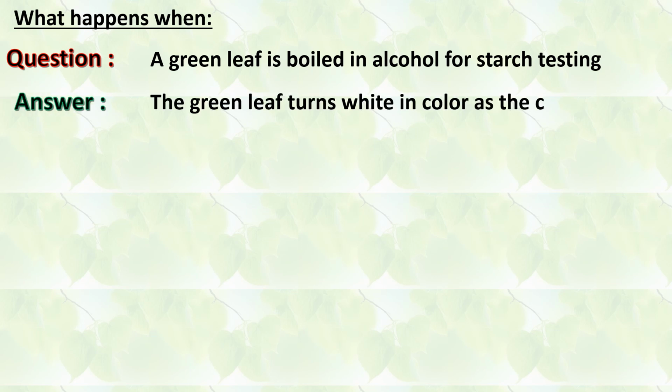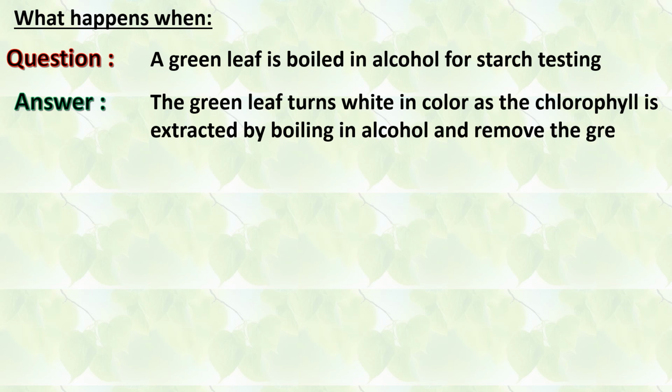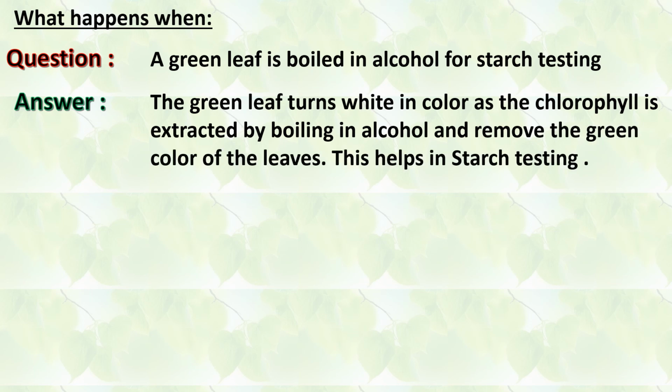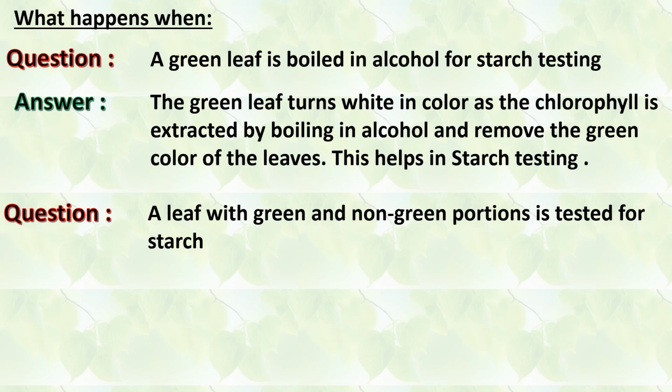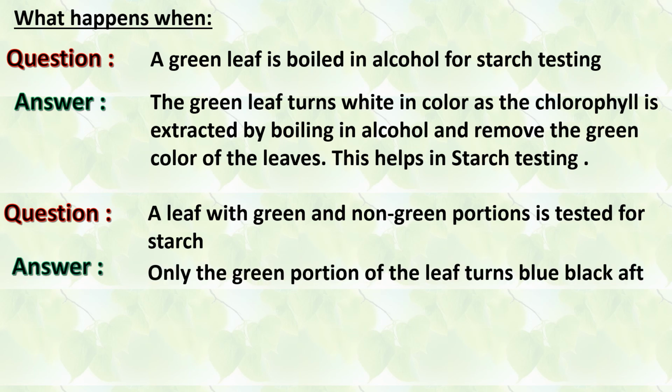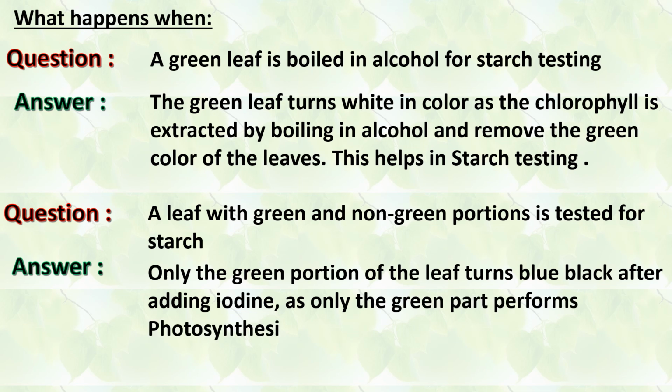Question: what happens when a green leaf is boiled in alcohol for starch testing? Answer: the green leaf turns white in color as the chlorophyll is extracted by boiling in alcohol and removes the green color of the leaves. This helps in starch testing. Question: what happens when a leaf with green and non-green portions is tested for starch? Answer: only the green portion of the leaf turns blue-black after adding iodine, as only the green part performs photosynthesis